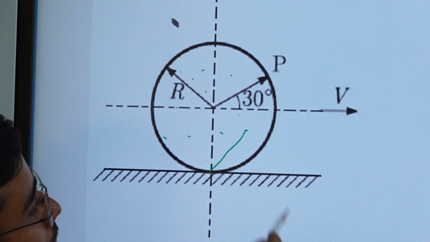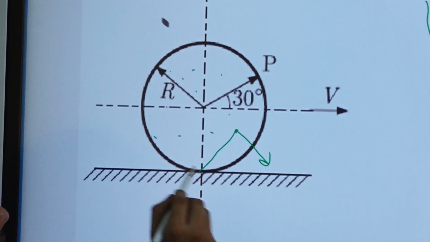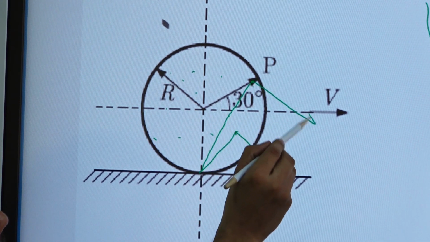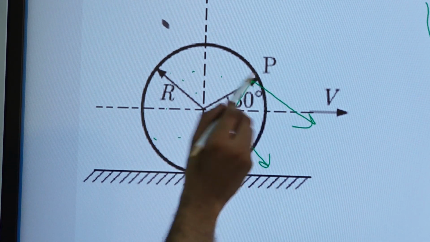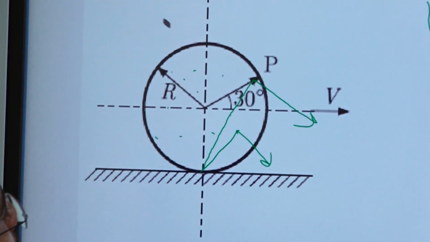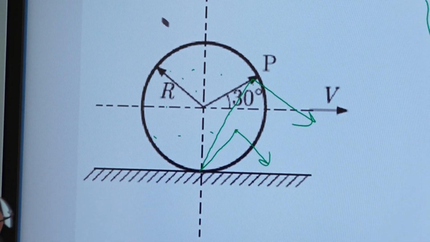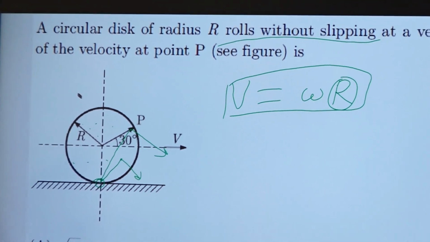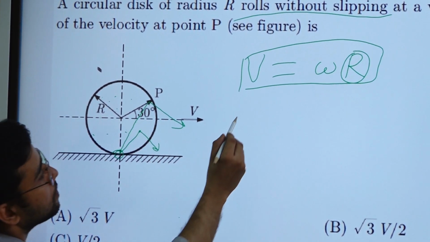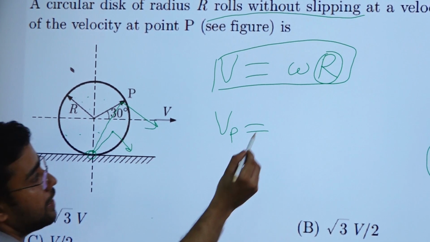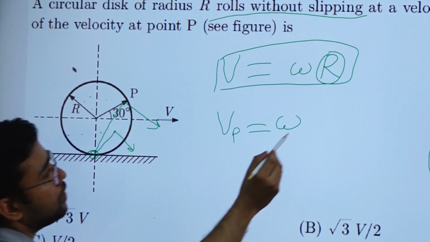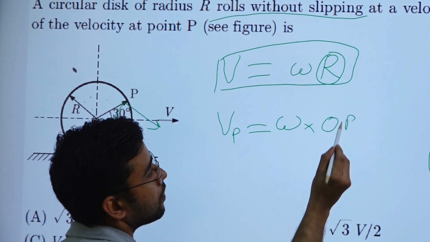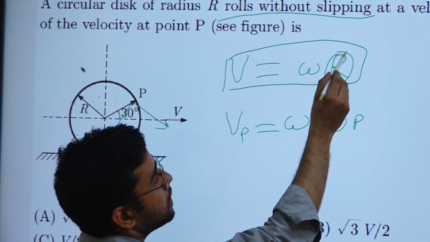that will be perpendicular, like this. So suppose this is a point P, you just join these 2 points and then you make a perpendicular here, and this will be the velocity of point P and this will be the direction. So in this case we need to apply this formula about this point: velocity of the point P will be omega, the angular velocity of the roller, into OP. The formula is the same, only r got changed.